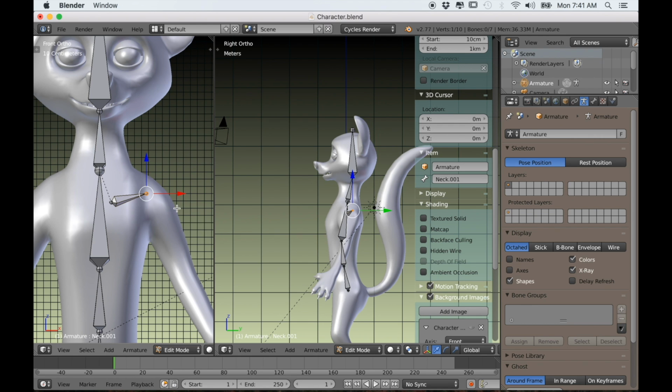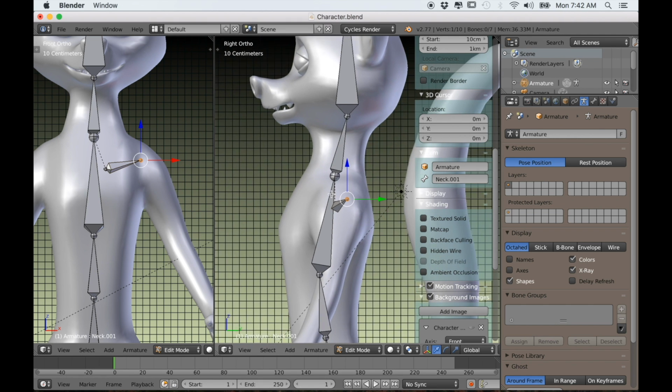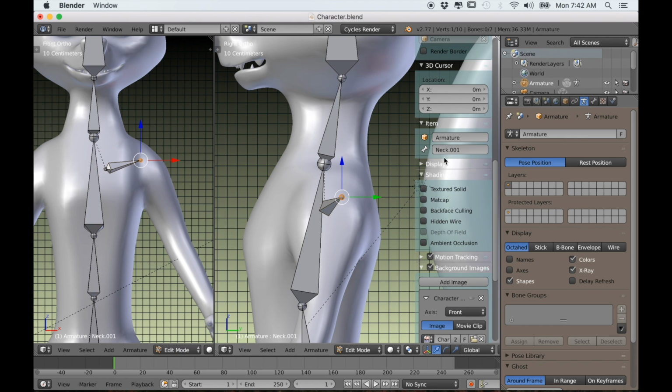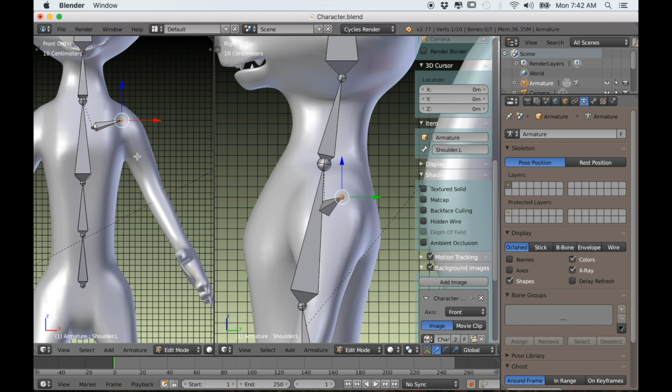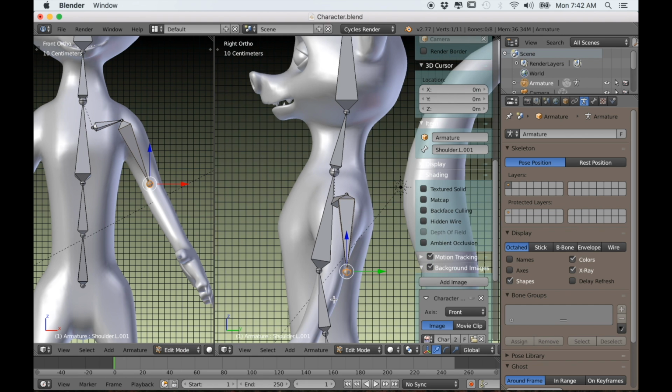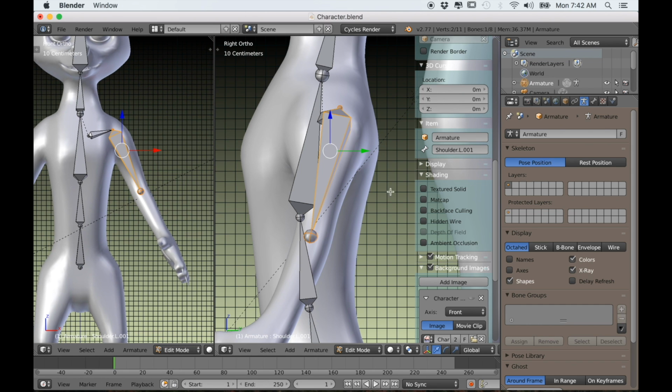And we're only going to be working on one side of the character's bones at the moment, and then we can mirror the bones over and rename them. So it's very important to put the .L at the end of your character's bones. So this is shoulder.L, and then later we'll mirror it and flip the names. So I'll just extrude this bone down, and this will be the start of the arm. So let's call this arm_upper.L,